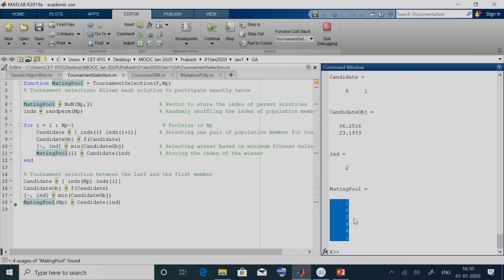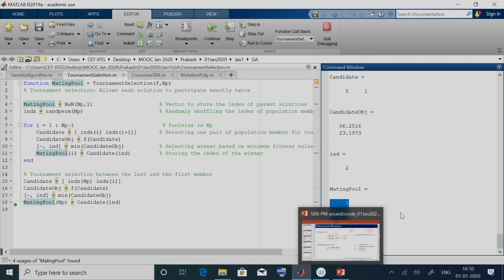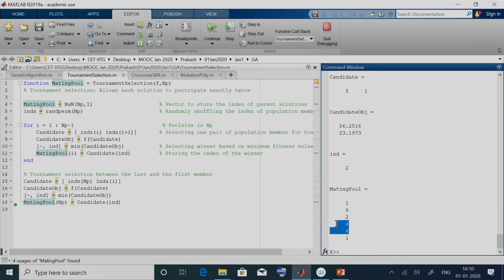This is as expected because it does not matter with whom the worst solution competes, it is always going to lose. If it is going to lose in the tournament, it is not going to find a position in the mating pool. In this case, the fourth solution, 26.0702, occurs twice.